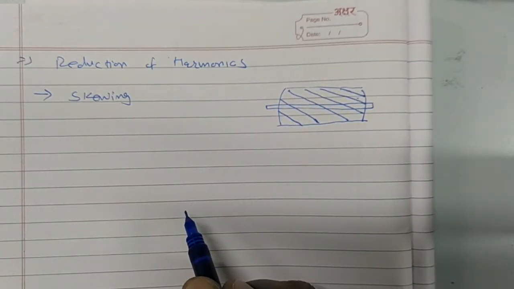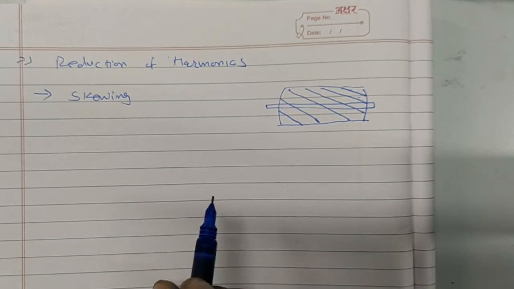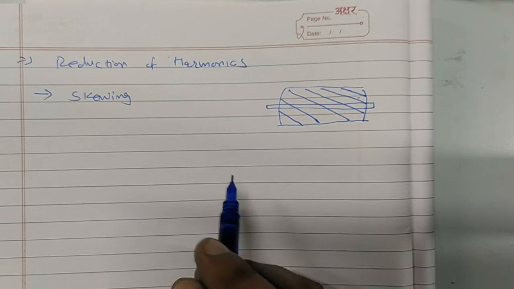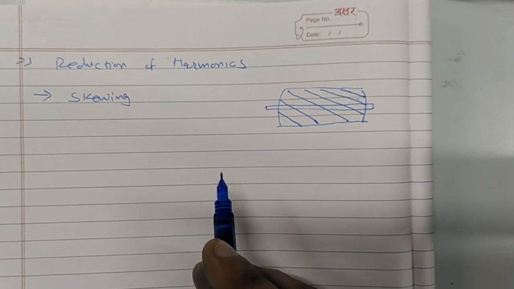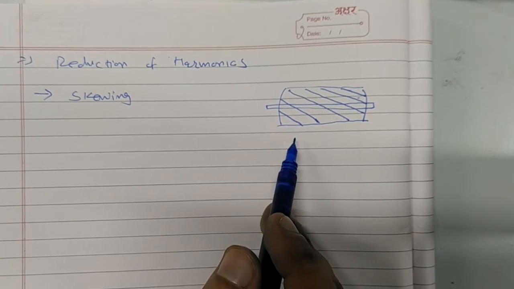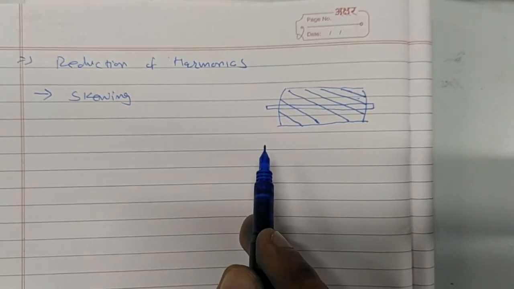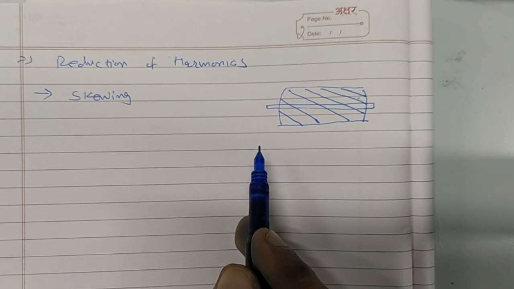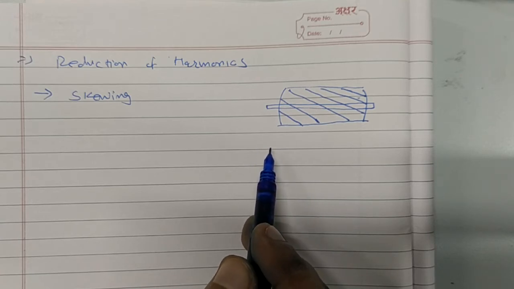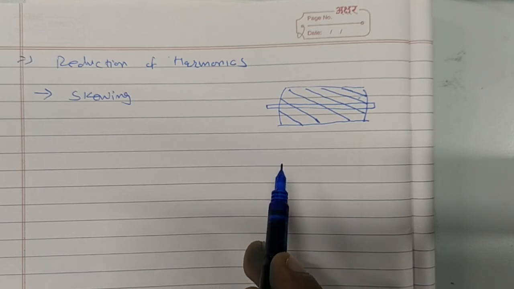The motor noise, vibration, cogging and synchronous curves can be reduced or even entirely eliminated by skewing either the stator or rotor slots. Mostly we go for the rotor, not the stator. If either stator or rotor slots are skewed, the variation in flux density, magnetic pull and torque will be displaced in time phase along the core length, resulting in more uniform torque, less noise and a better voltage waveform.